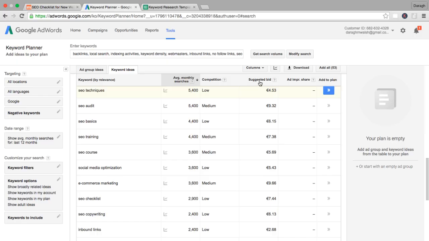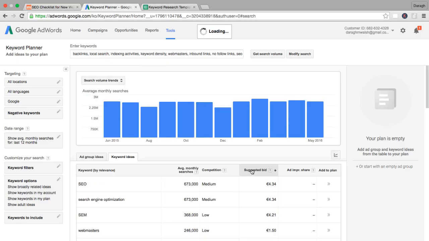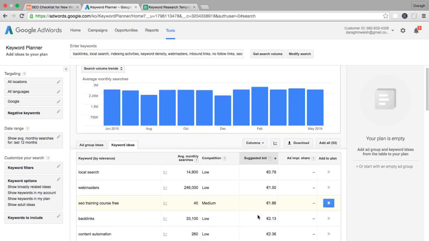I can sort this list by what advertisers are paying for it. And I can see that some of the most valuable terms, no surprise, are something like SEO agency, because people have their wallets out there ready to buy when they're typing in a term like that into Google. Remember the buyer funnel that we looked at? These guys are right at the bottom, they're ready to spend. Whereas if I look at the least valuable terms here, something like local search, webmasters, free course, anybody who types in a free course is not going to want to buy a course, so advertisers are not